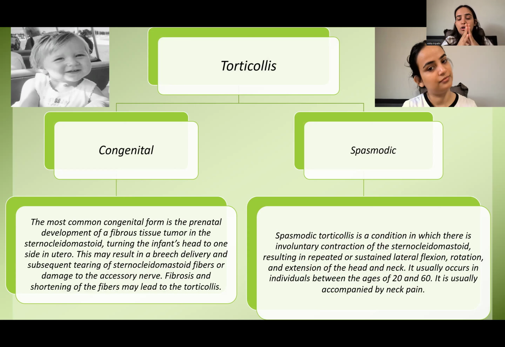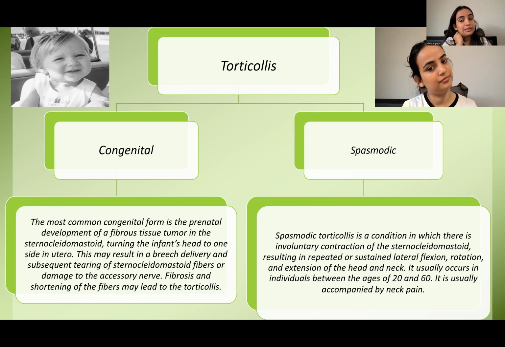Now, the involvement of the SCM can be of two types that lead to torticollis. So torticollis is of two types. One is congenital torticollis and another is spasmodic torticollis. Okay. So spasmodic torticollis is like a temporary torticollis. Spasmodic torticollis is a condition in which involuntary contraction of the SCM occurs because of repeated action of